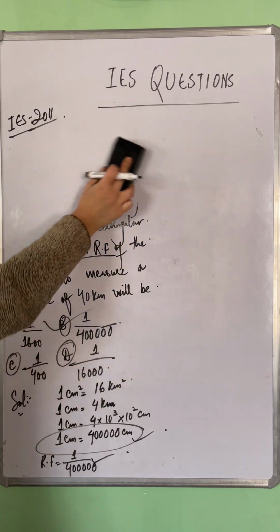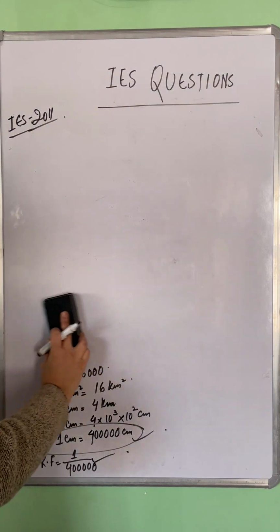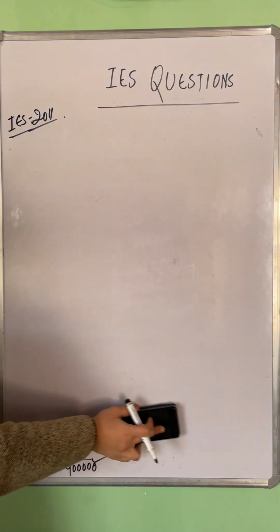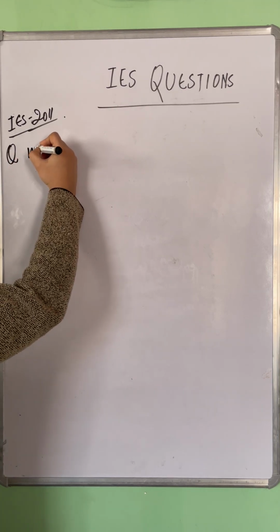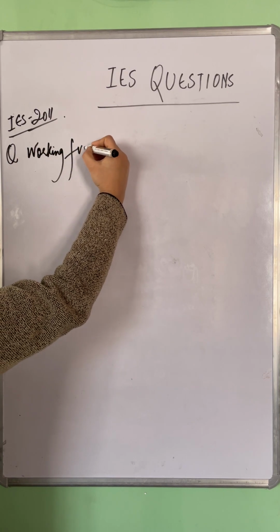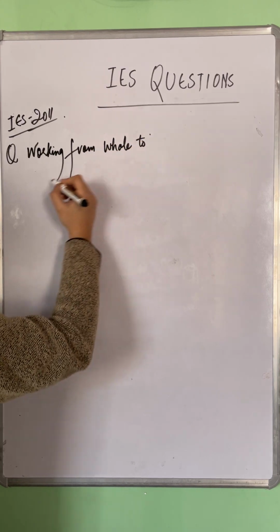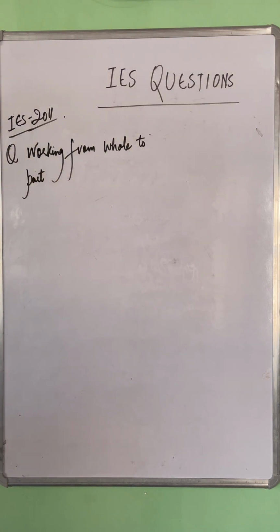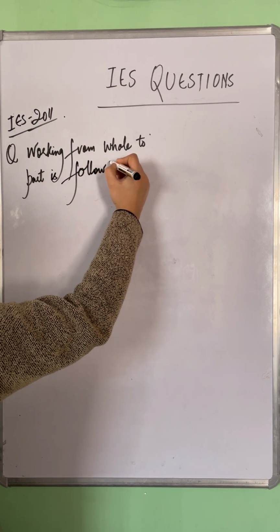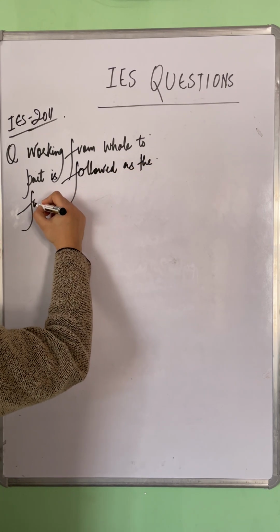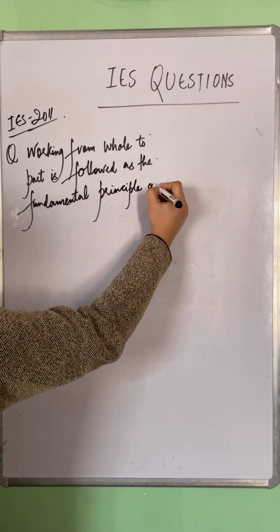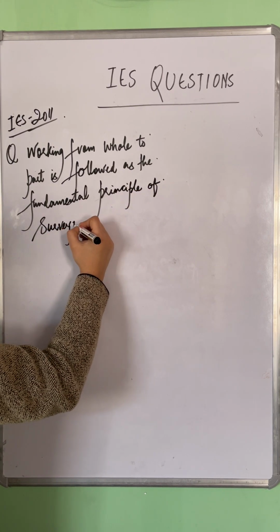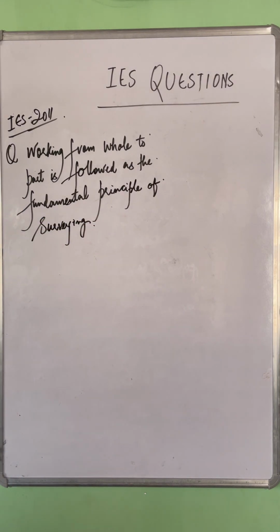This question was asked in IAS 2011. One more question was asked in IAS 2011 regarding the same chapter, and the question is: working from whole to part is followed as the fundamental principle of surveying, so as to